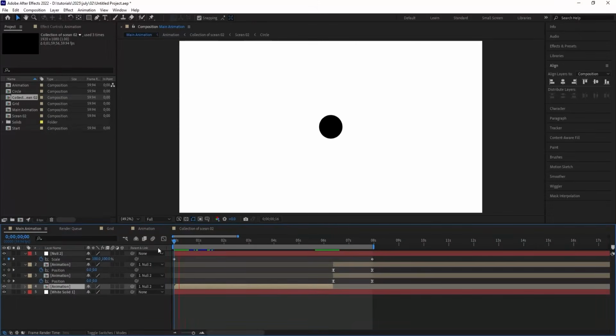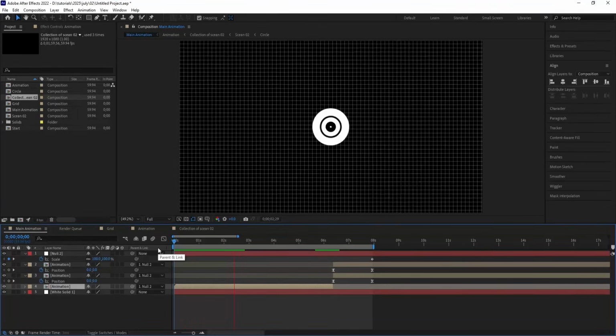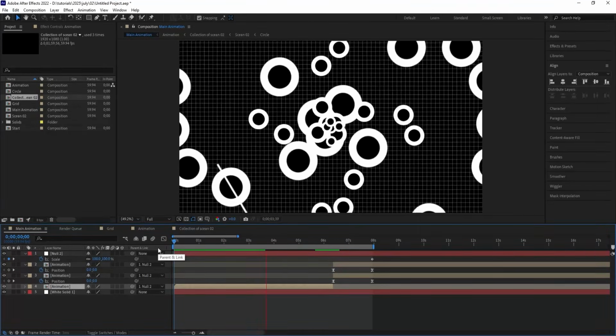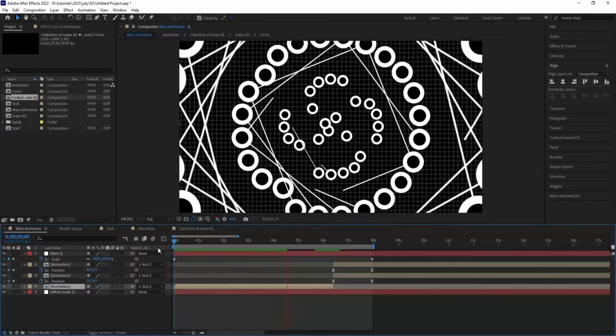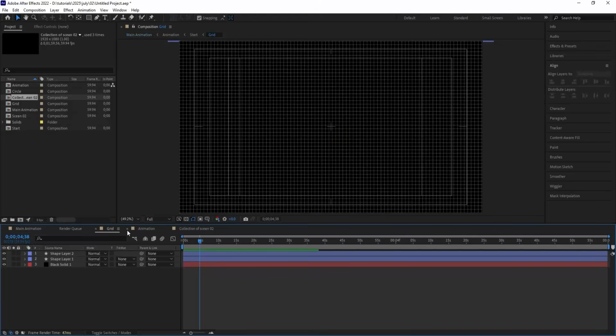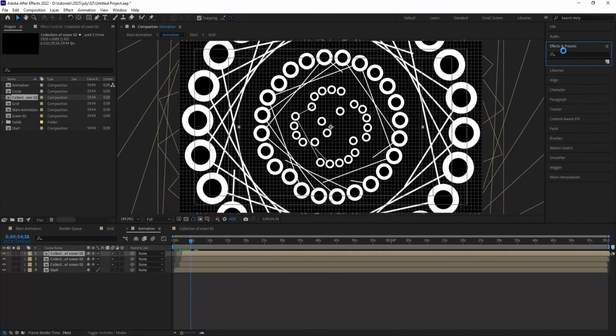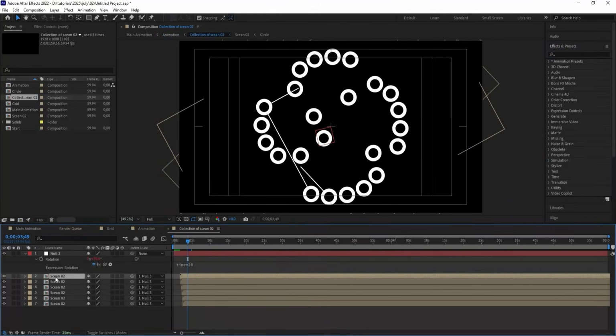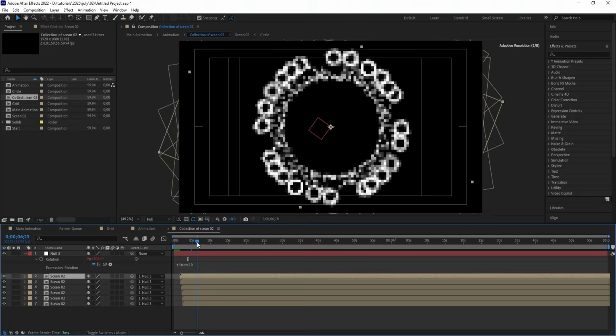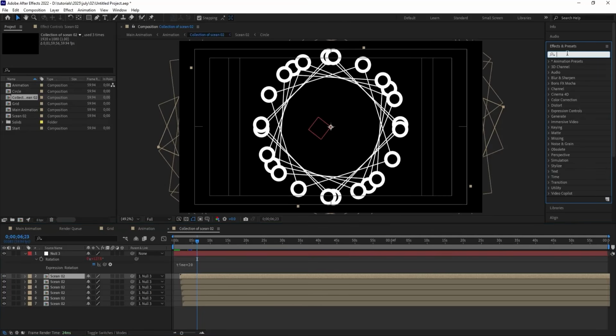So if you see this now, we'll get this, then we'll get this. Okay, then let's go over here, go to the animation, collection of animation, select this first layer, go to the effect and presets panel over here, or let's do one thing, we'll go inside this layer, not on this layer. Okay, it will take a little bit of time to load this effect and presets panel. Let's go inside this, select these layers over here like this,